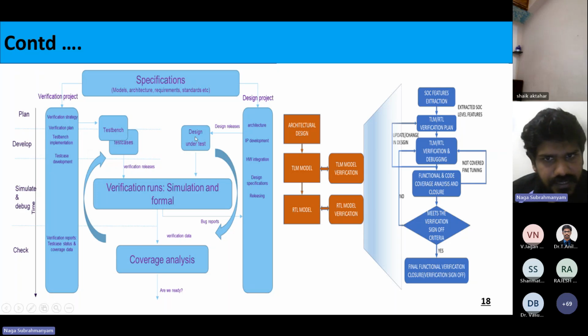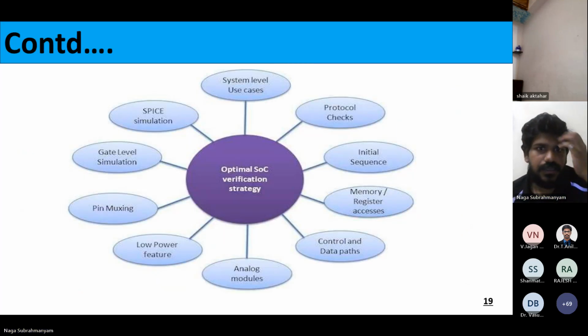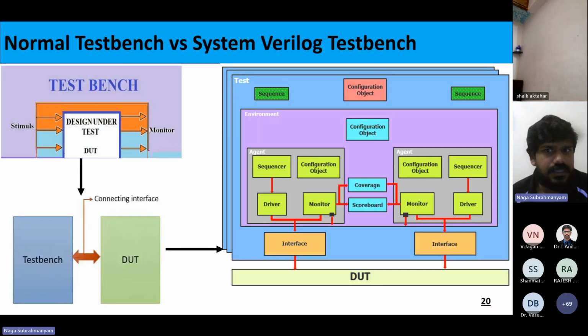I'll show you the environment, then you will understand. This is the very initial part. From the test bench, stimulus means whatever input data you are putting. In the test bench you will generate the stimulus, the input data that will go to a design. The design will produce the output that will be monitored. We will cross-check whether the data coming from the design is correct or wrong. This is the initial test bench.